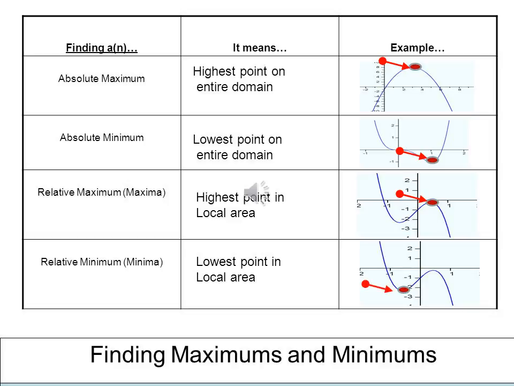Okay, what does absolute maximum mean? It means the highest point on the entire domain. If we look at the illustration to the right, we can see by the arrow that it is at the very top of the parabola. Absolute minimum